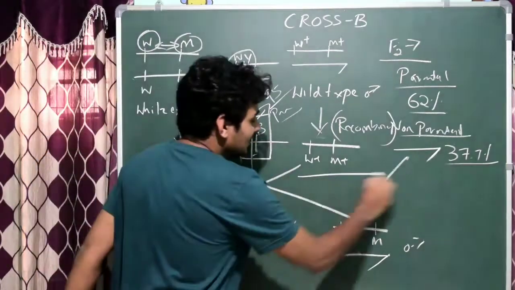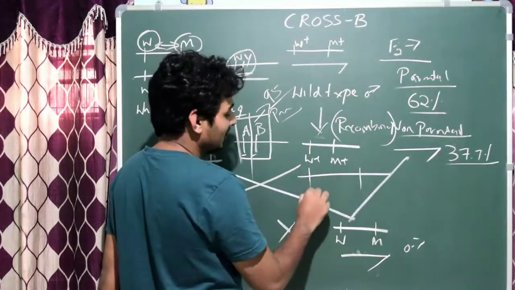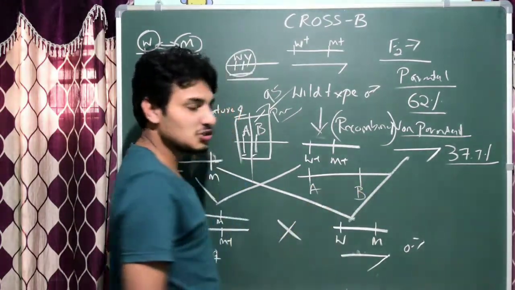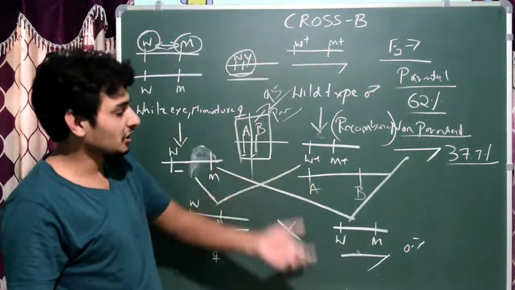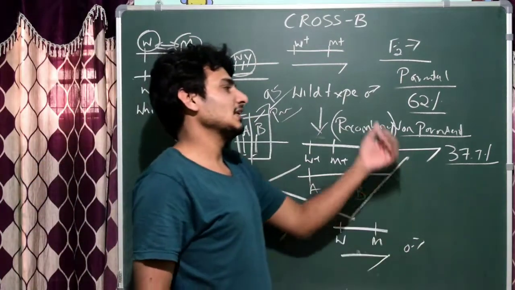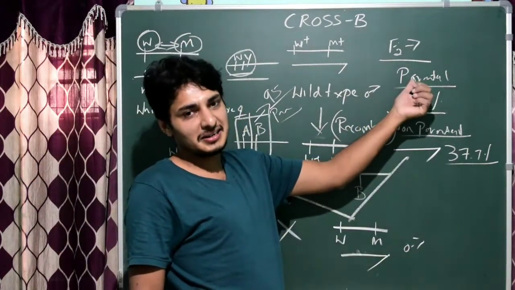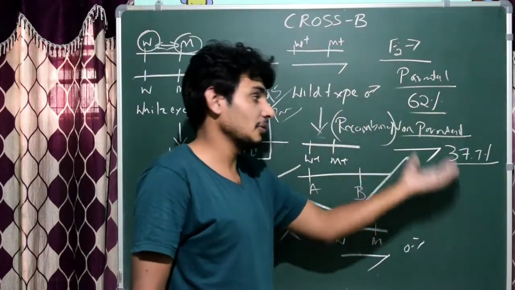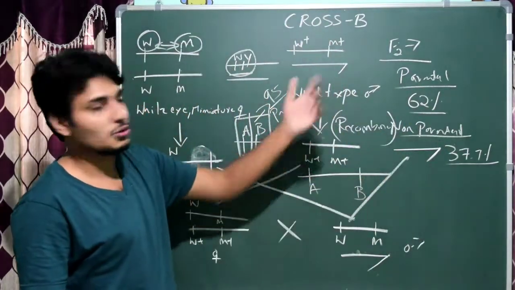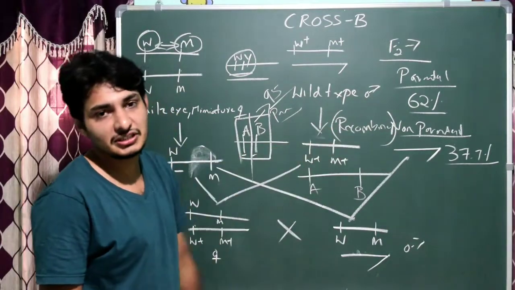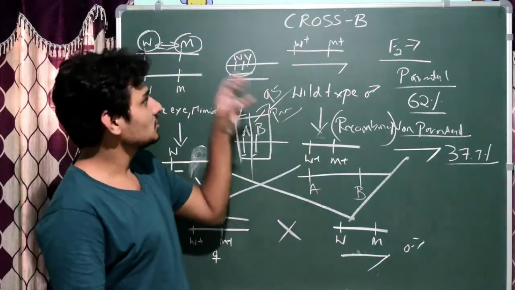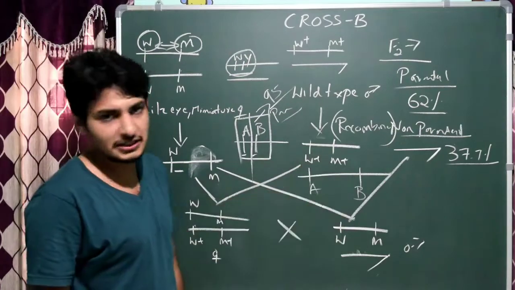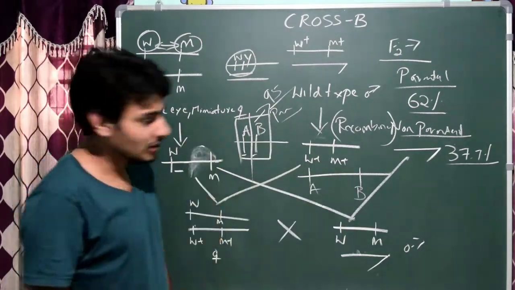If the distance is more between A and B genes on the same chromosome, the chances of crossing over are high, the frequency is very high, and obviously you get very little parental type compared to cross A, and a high number of recombinants. So in the F2 generation, that's the thing to understand. This is the cross; you can check the textbook and work it out. What is the logic to understand?